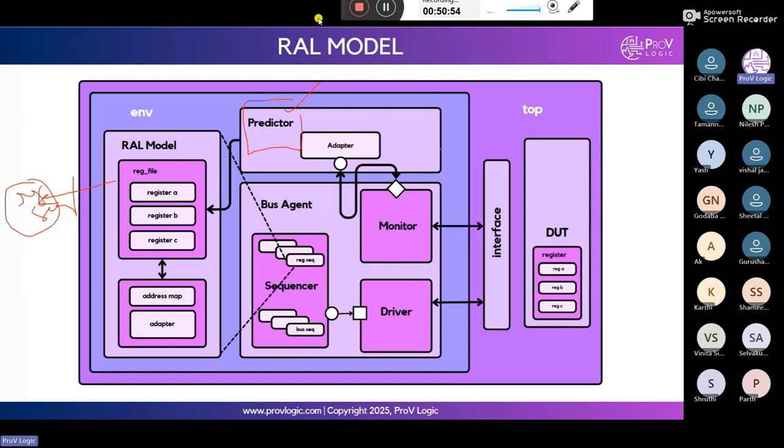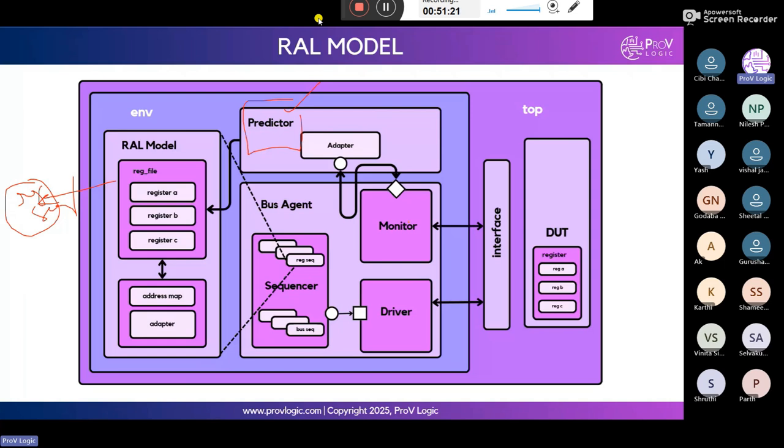Predictor, DUT. So auto prediction in the sense it just updates the mirror value. At the end of the front door, I just read the data. If any failure occurs, it gives the failure detection. One of the limitations is it fails to observe the bus operation that does not originate from the register. Automatically it will predict the data.